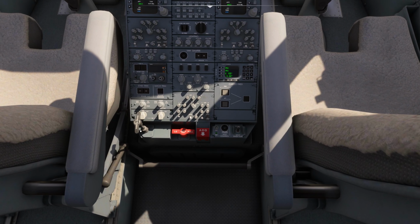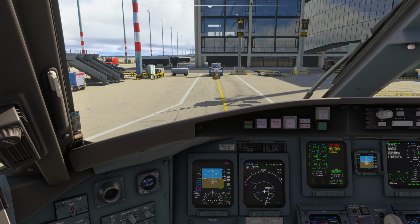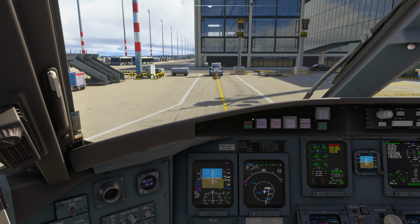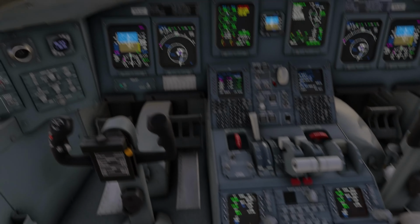Yeah, it is set. So you can basically see it here. Perfect. So I can remove even the chocks. So everything is done. We continue the checklist in a few seconds. And we request GSX in terms of pushback. So then everything is going flawlessly and starting with the progress, right? So perfect. So I think I made everything what is needed here, but yeah, we go to the checklist and